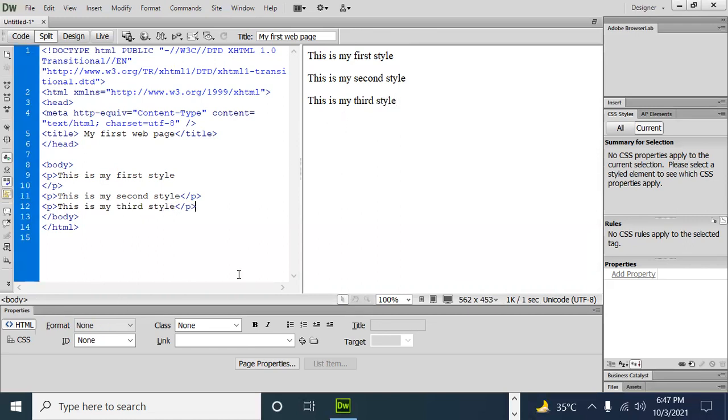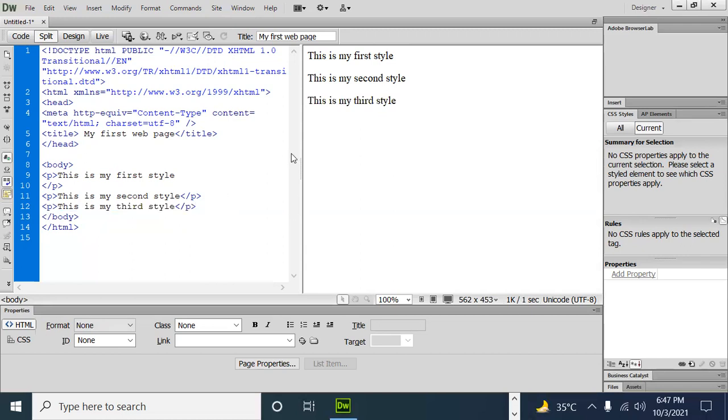Whatever I do, if you see clearly here, this is one tag, the P paragraph tag, an opening tag and a closing tag. For the second thing, it is again a paragraph tag, opening and closing. Whatever you do, the paragraph tag opens and closes. Remember, whatever you do in HTML, you have to begin with tags, starting and ending.